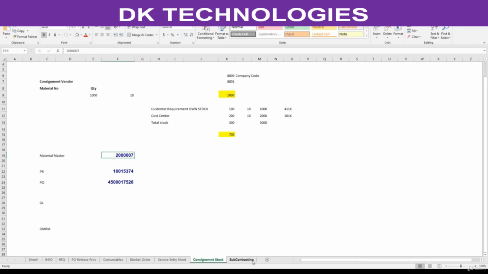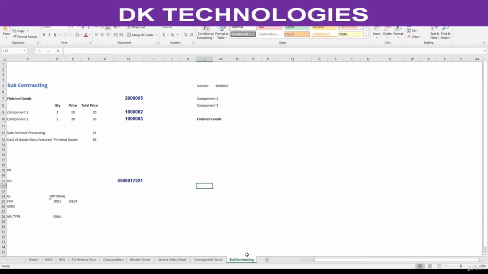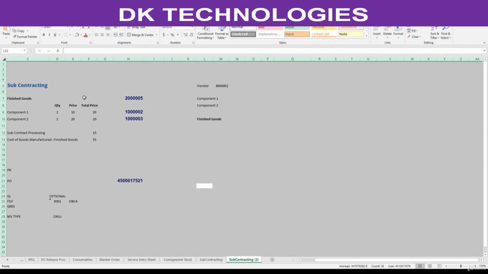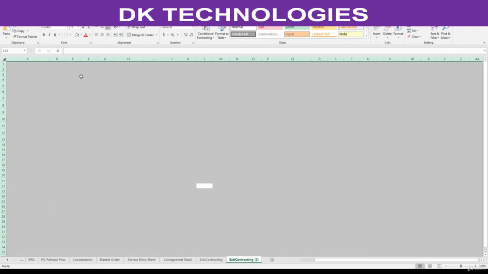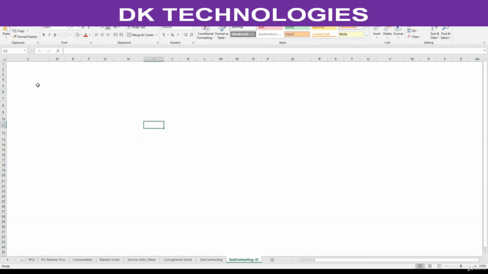We are going to create the vendor return.